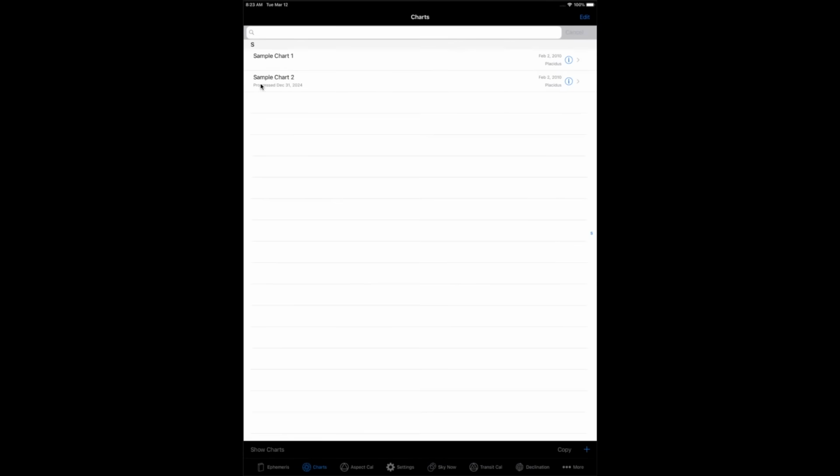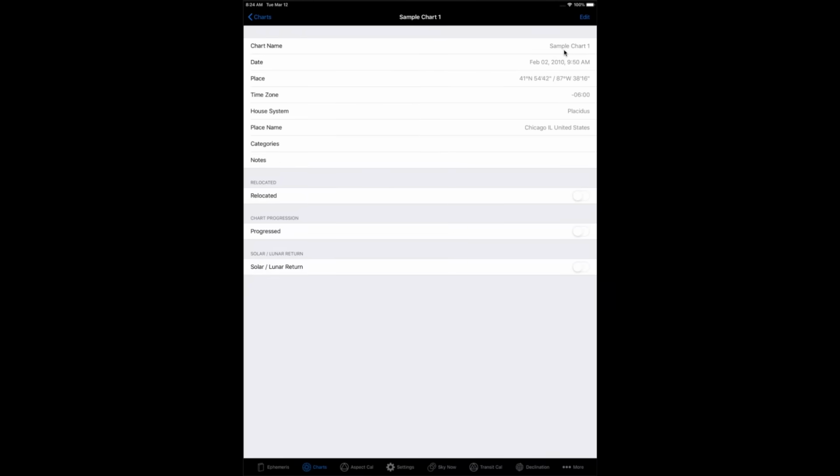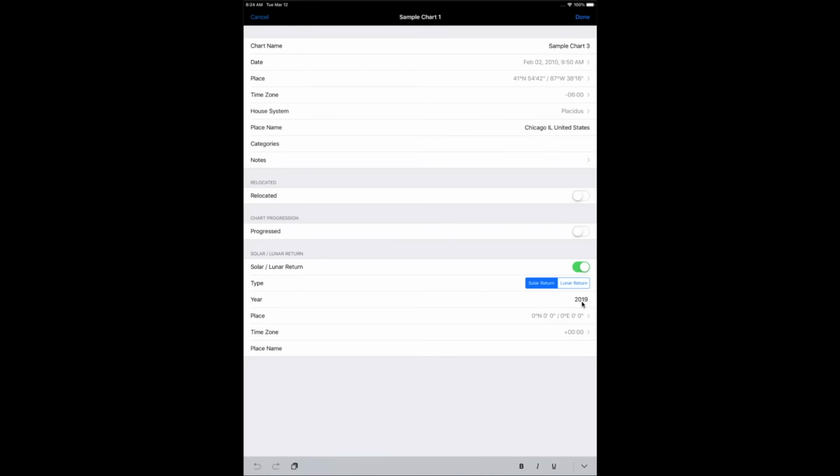Now you have a solar return and a progress chart, and it says progressed. To create a lunar return, just repeat the process. For a solar return, simply enter the year. It defaults to now, but you can choose any year. For a lunar return,